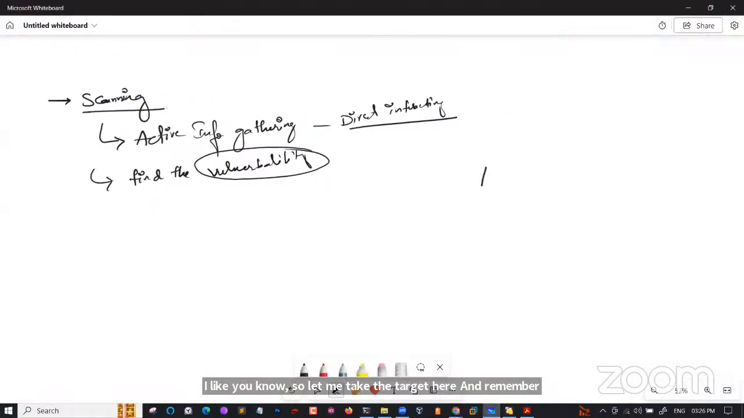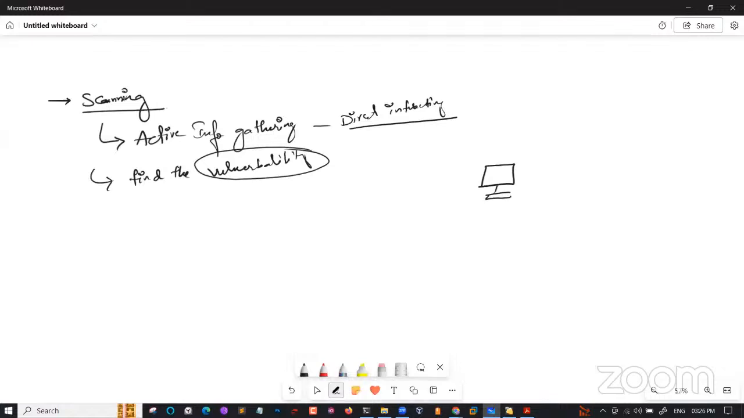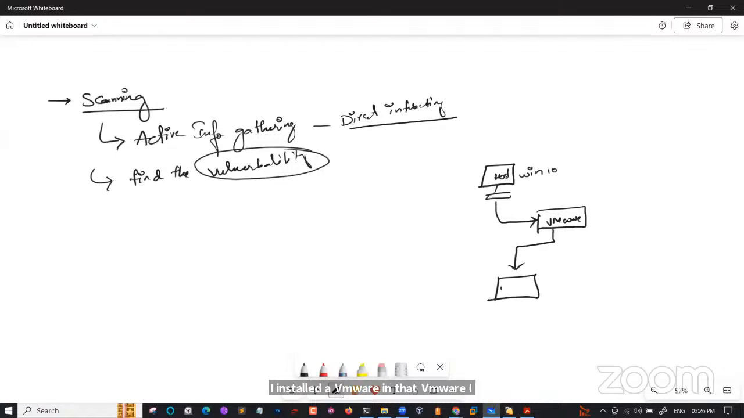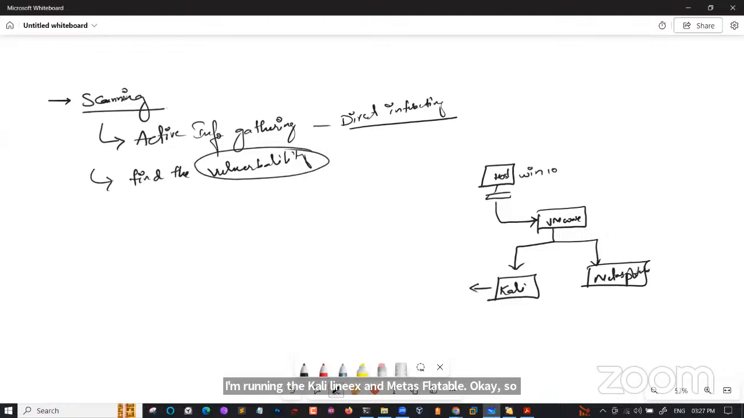before going with this attack phase, imagine this is my host machine. Okay, which is nothing but my Windows 10. Okay, in this I'm going to installed a VMware. In that VMware, I'm running the Kali Linux. I'm running the Kali Linux and Metasploitable. Okay, so just confirm me that now Kali is connected to the NAT and is having the IP address